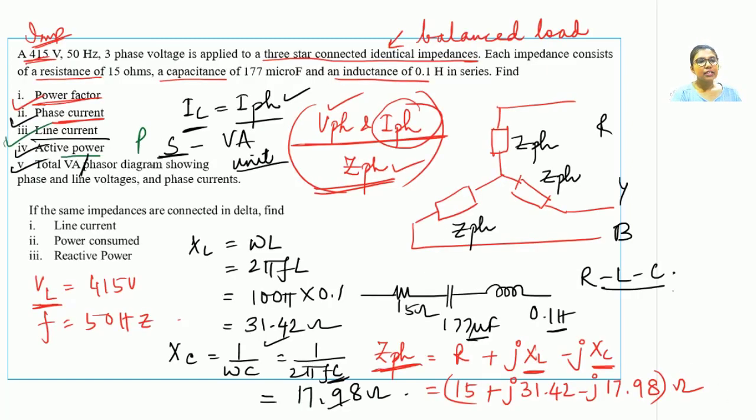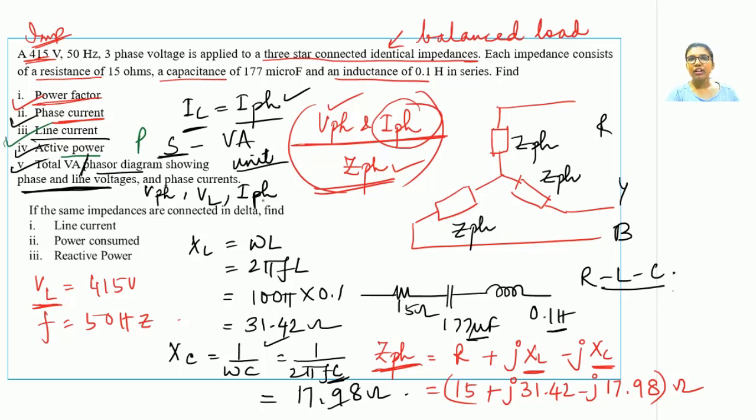Now what is the final bit asking us to do? Find out the phasor diagrams showing the phase and line voltages. Phase and line voltages as in V phase and VL as well as I phase. Now this is a star connection. We have already worked out the phasor representation of a star connection as well as of a delta connection in our previous video lecture. So using that, we have to represent this load into that phasor diagram.